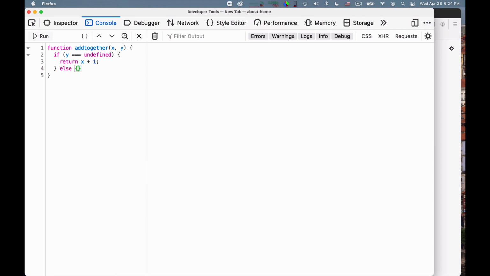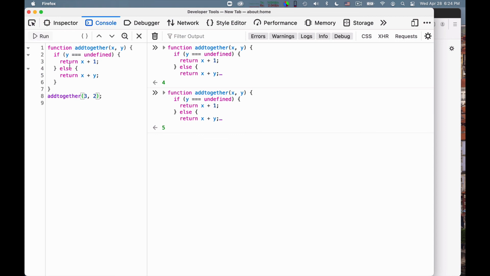Else I can return x plus y. Okay, perhaps this is not written in the best possible way, but I can write add together of 3 only, and this should return 4. Yes. And if I say add together of 3 and 2, this should give me 5 instead. Yes, this works as well.